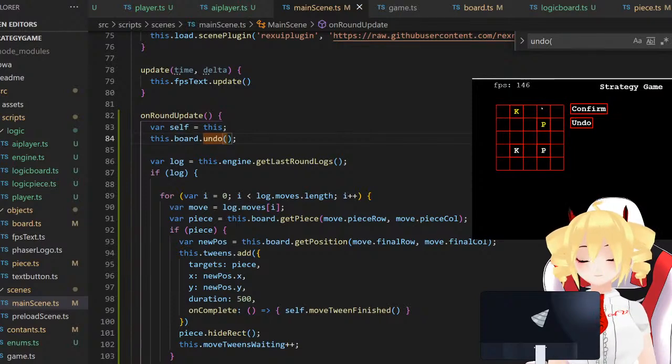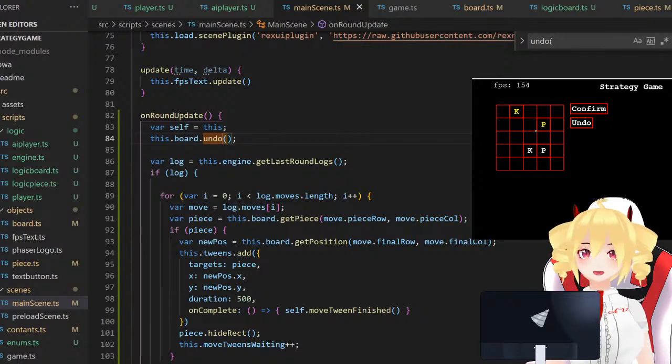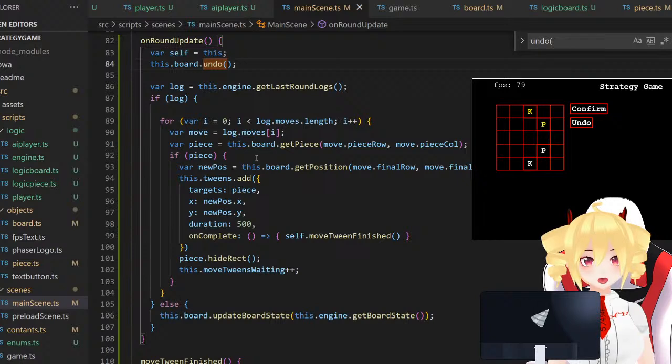Okay, so we still haven't done collisions now, so I want to have it move halfway and bounce back. I think that would look good. So what we should do is